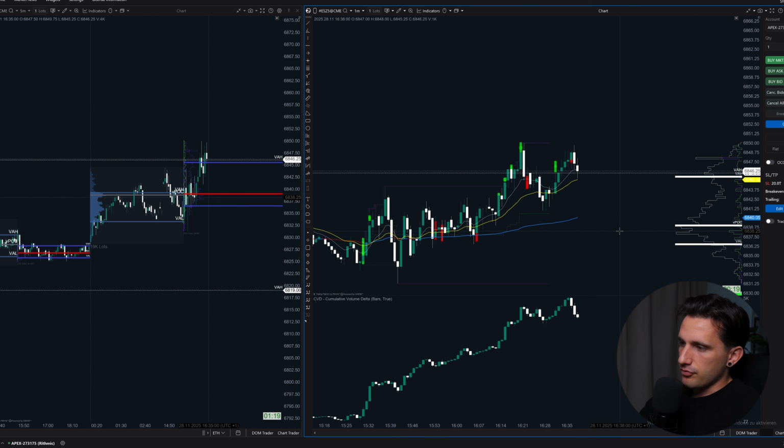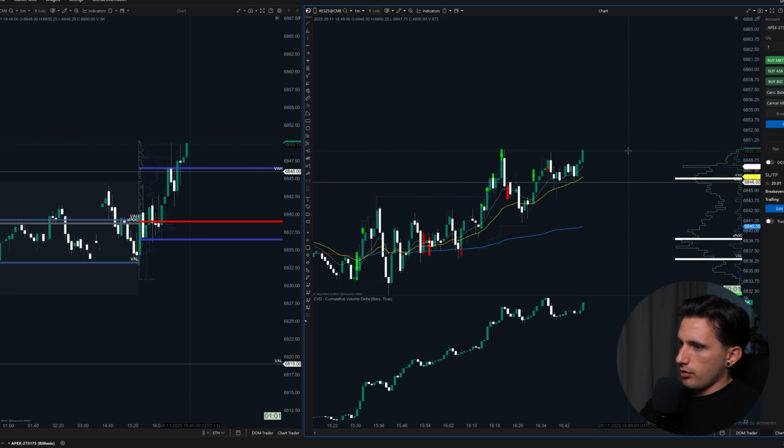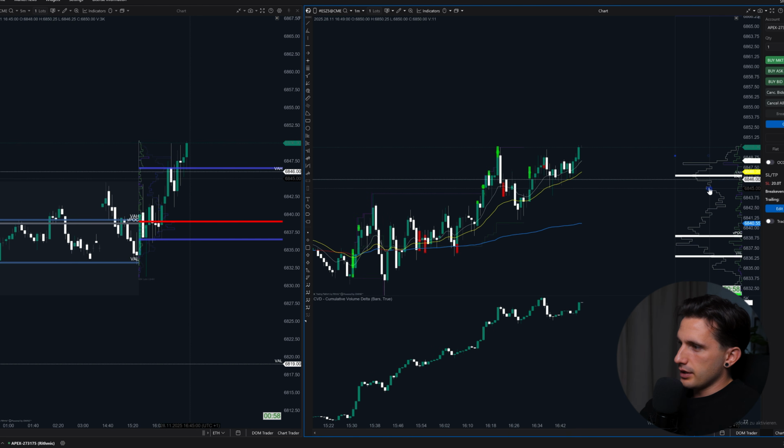But my game plan for now is to look out that we can stay above initial balance. Then I'm looking for long plays. Now the market is breaking to the upward side from the initial balance, so let's see if we can stay above right here. We are also getting here a very big node right in here that the buyers need to